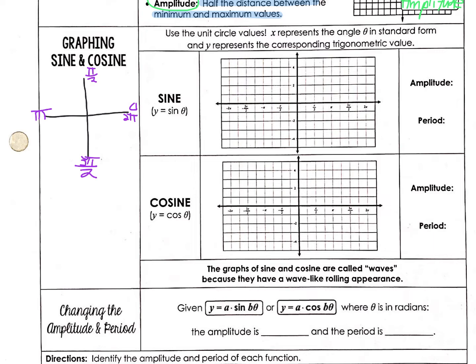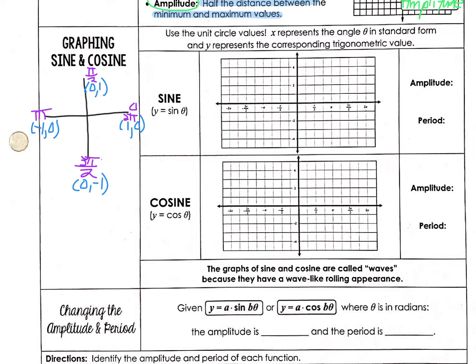Then let's look at the ordered pairs at the north, south, east, west axis points. So the ordered pair at 0 and at 2 pi is (1, 0). The ordered pair at pi over 2 is (0, 1). The ordered pair at pi is (-1, 0). And the ordered pair at 3 pi over 2 is (0,